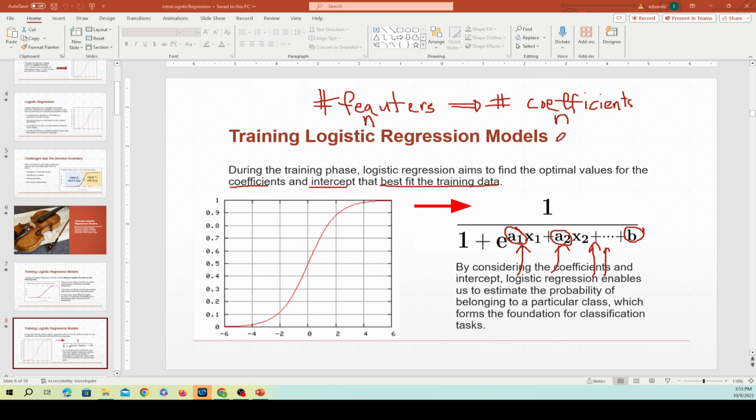So that means we're going to have A1, A2, A3, A4, and so on, all the way to AN. That's what it means that we're training our data. We're practically finding the optimal values for A1, A2, A3, AN,